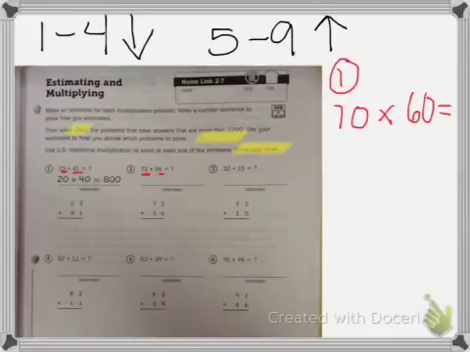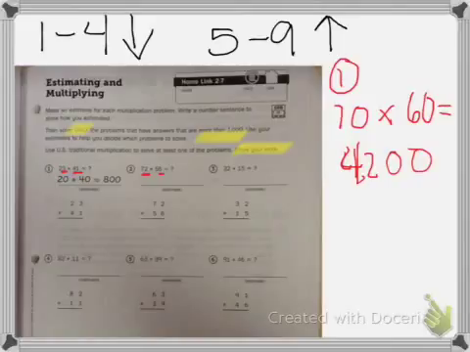7 times 6 is 42. And I add my 2 zeros. Is 4,200 greater than 1,000? Yes. So now I need to solve the problem. So if I use the U.S. traditional model,